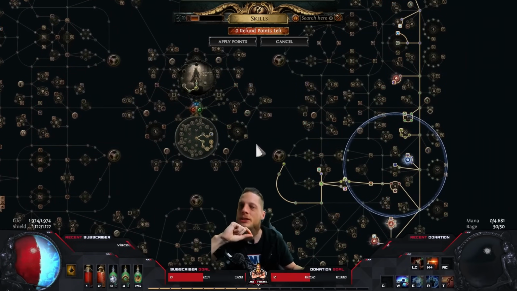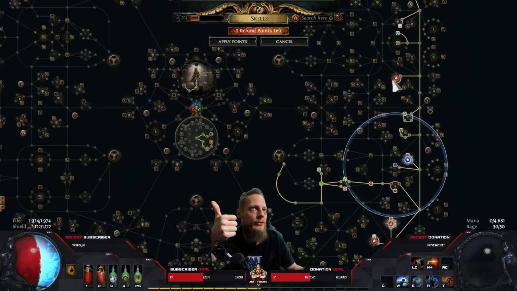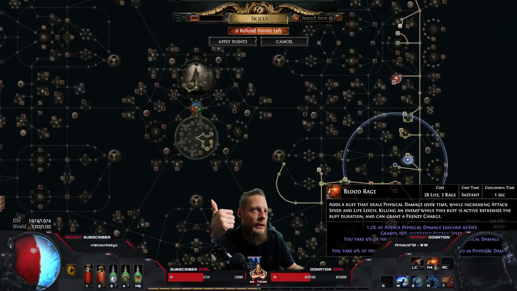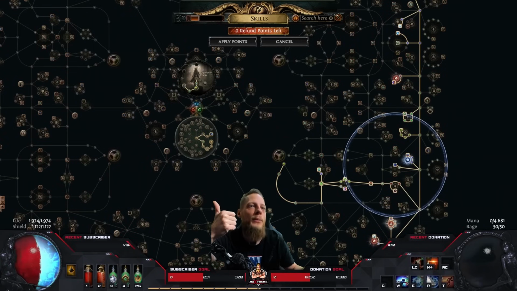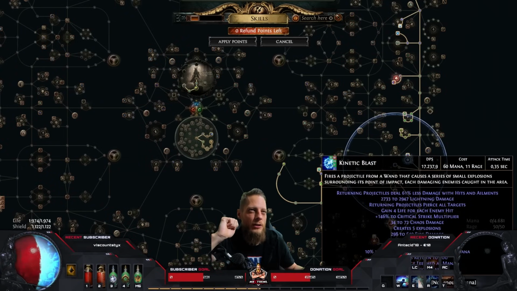And the goal here is to have this triple leech with instant, and there is even a charm that gives you even more instant leech since they are stacking, right? But I have life leech because of Clever Chief, maybe Blood Rage and stuff like that, because it's from attack physical damage. No wait, Blood Rage doesn't do anything because I don't really have any physical, or a little bit of physical